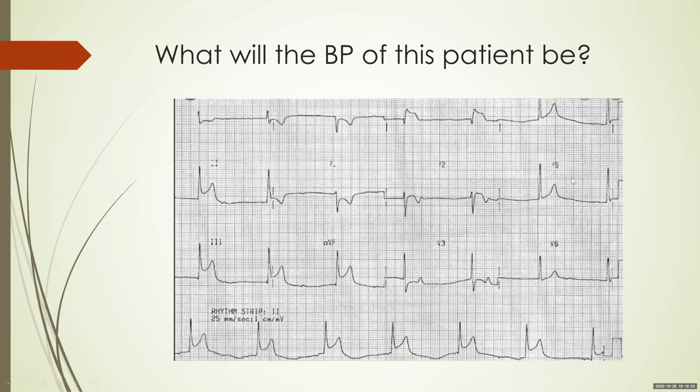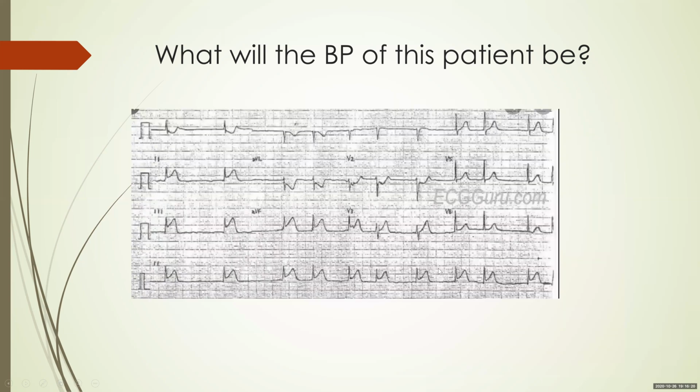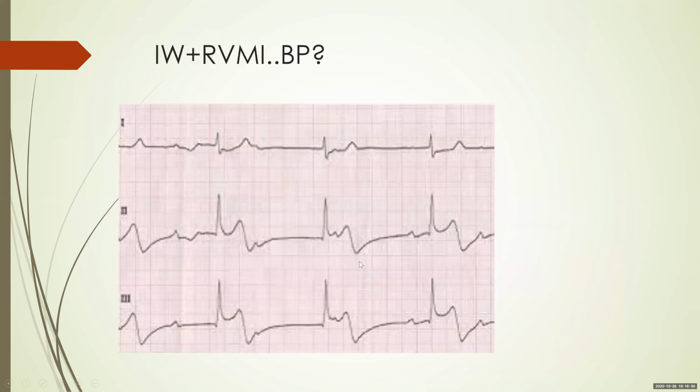So this is what will be the BP of this patient. Again, you have an inferior wall MI with what appears to be predominantly junctional rhythm. So you have an RVMI also, an inferior RVMI with junctional rhythm. You expect this patient's BP to be low because the RA cannot effectively pump blood into the pulmonary circulation. Again, atrial fibrillation with an inferior and RVMI, you can see the discordance between V1 and V2. This patient again will be in hypotension because the RA cannot effectively contract. Again, inferior wall with an RVMI, the patient is in complete heart block. Again, this patient is expected to be in hypotension.